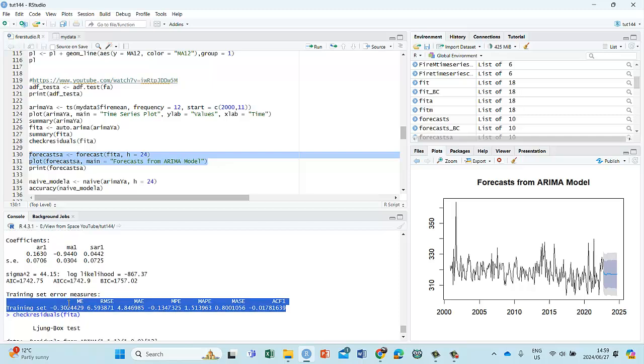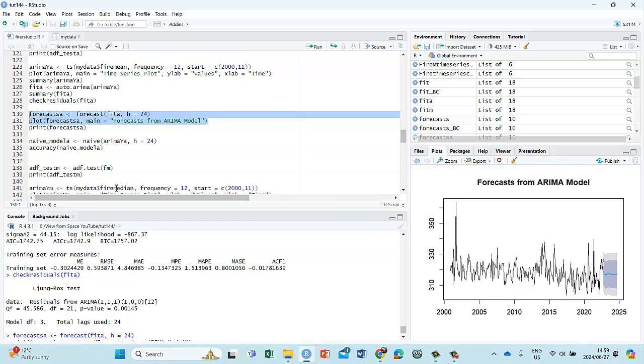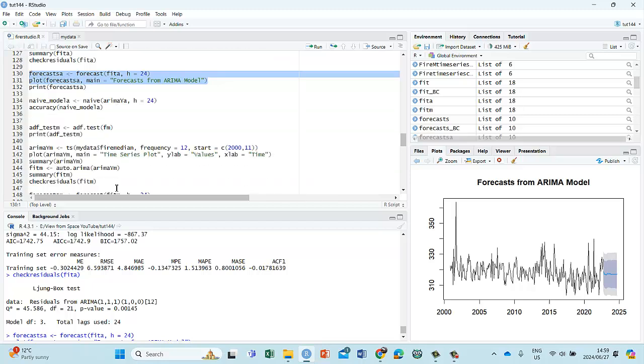and that gives it its accuracy measurements. Remember, we want these values to be as close as possible to 0. We want no error between the predicted and the actual. We want the actual and the predicted to be the same. So what these indicators measure is the distance or variance between the two, so we want these values to be as small as possible. Okay, so let's quickly also test the